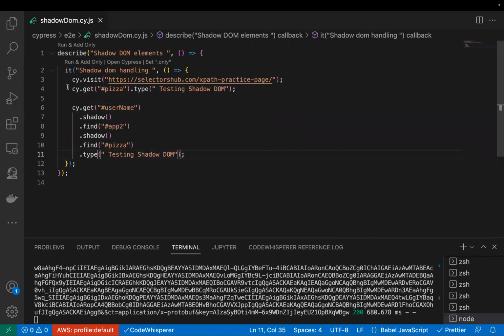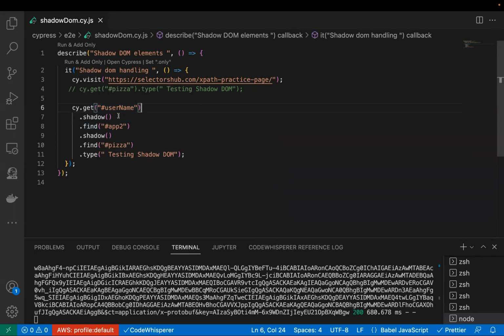Okay, so I'll comment it. So first of all, we tried to access the child element, which is actually our host. Because this is not under a shadow element, this is our main child element. We try to access it using cy.get, and then our root node, shadow root started.